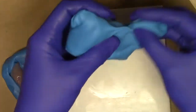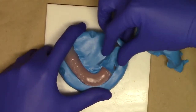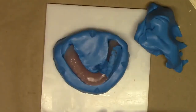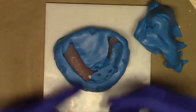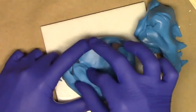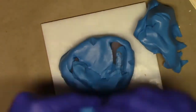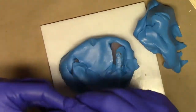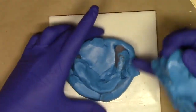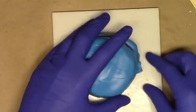After thoroughly mixing, I take a small piece off in my fingers and I gently place onto the occlusal surfaces and on the facial aspect of my denture. Also placing some in the notches, and taking the remainder amount of the putty, mixing it up like a hamburger patty, and then placing over the top of my mixture, just like so,